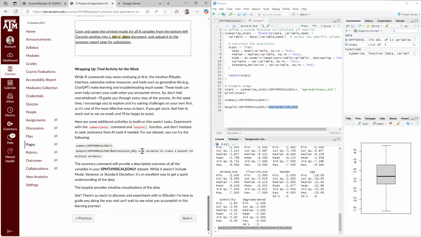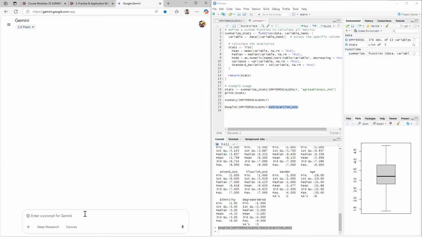But I'm asking you to be creative and work with a generative AI to create a box plot for multiple variables. So let me show you how you can do this by yourself. Let's start from a simple prompt. I'm just using Gemini because I have a Texas A&M license, but you can use any type, like ChatGPT. So I will start by asking,